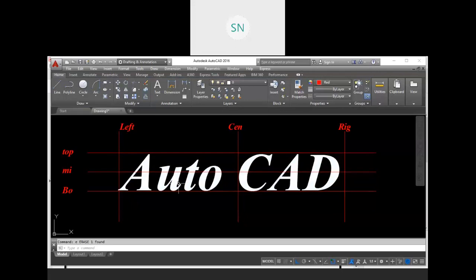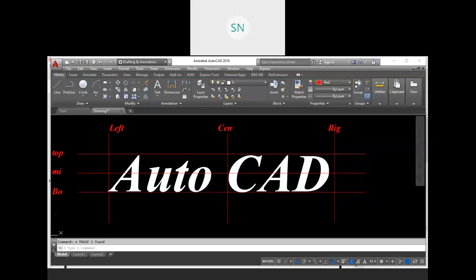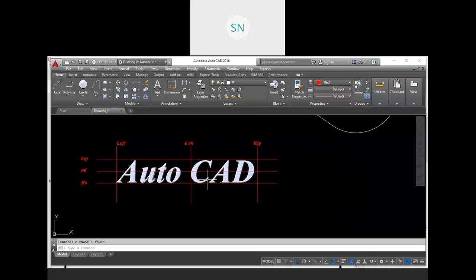For example, I say that I want a text with middle right justification. So which one is the middle right point? So the middle right point is over here. So where is my text? My text is on the left side and it is in the center from this point. Vertically it's a center and horizontally it's on the left side, right? So in this way, we have 9 justifications.